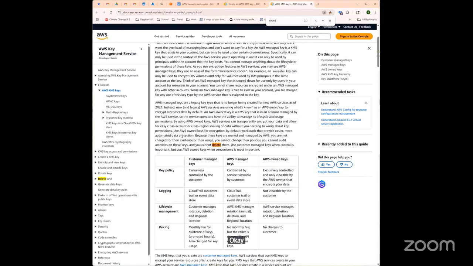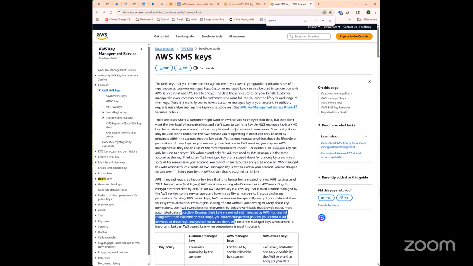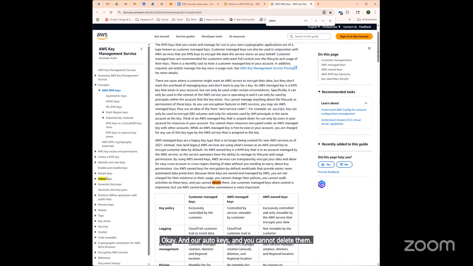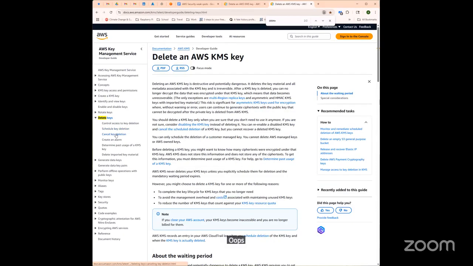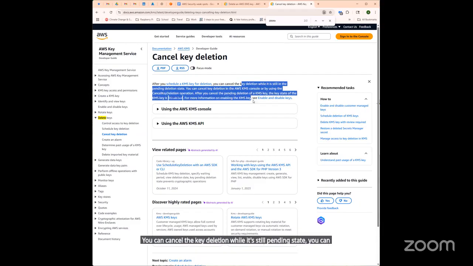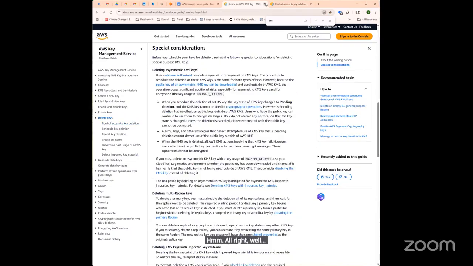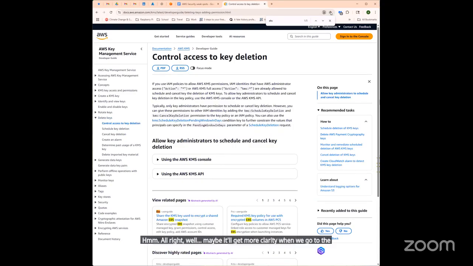Okay. You cannot audit keys and you cannot delete them. Oops. Schedule key deletion canceled. Let's see if it's here. You can cancel the key deletion while it's still in pending state. You can cancel it, enable and disable keys. No. Hmm, all right. Well, maybe it'll get more clarity when we go to the one that talks about